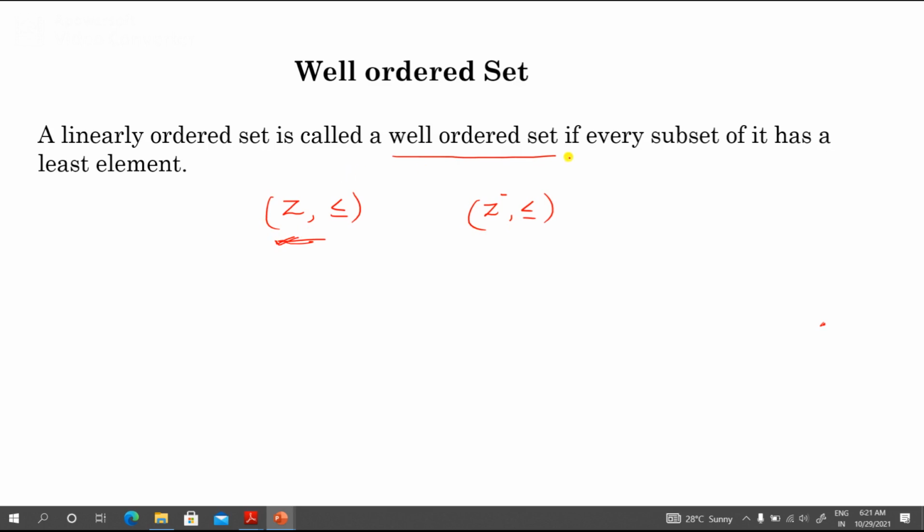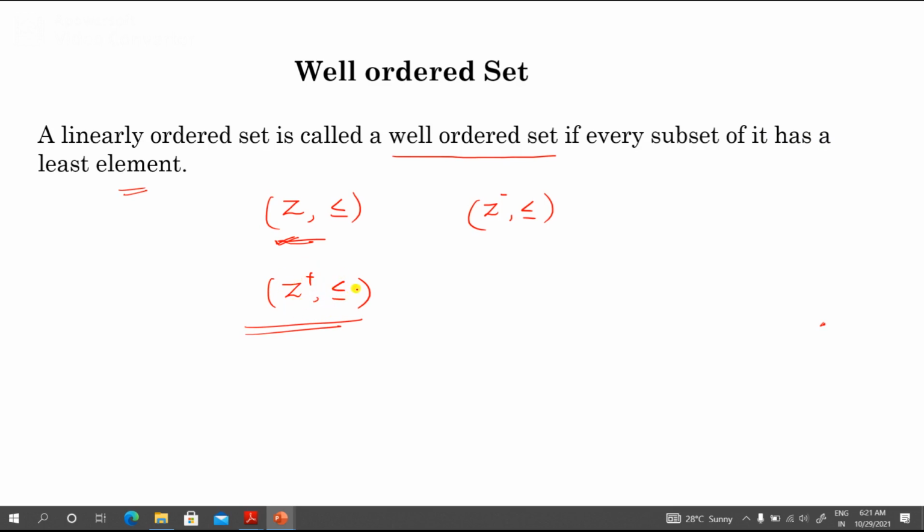Well-ordered set means every subset of it has a least element. So the example of a well-ordered set is, if you consider again Z plus with less than or equal to. This set is linearly ordered as well as well ordered because for every subset of Z plus, the least element exists; we will start with 1.